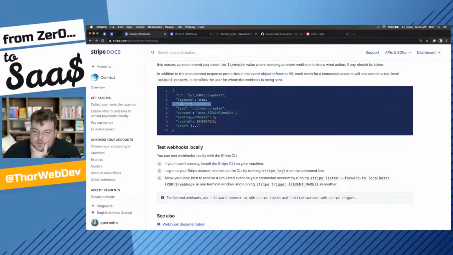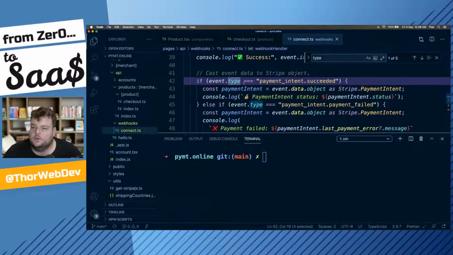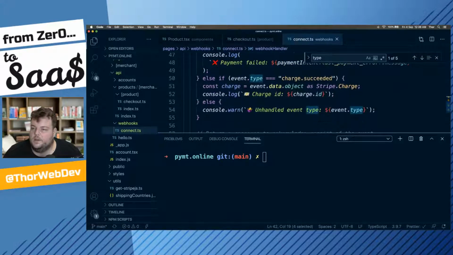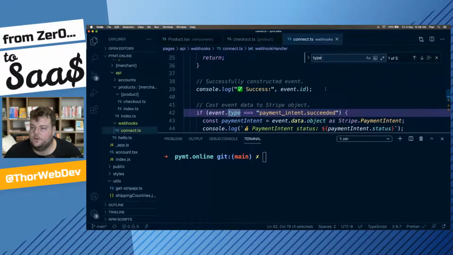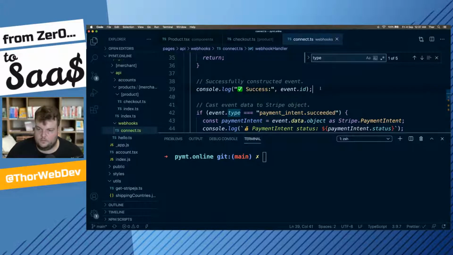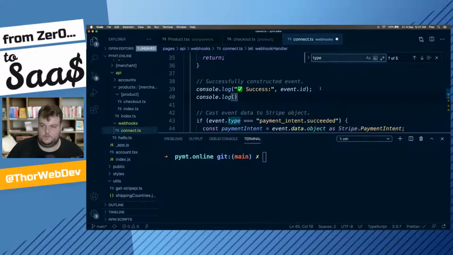So in the same object event type, we can get the account. So see, here we get the event type, charge.succeeded, and maybe let's just do this here. And we just say,